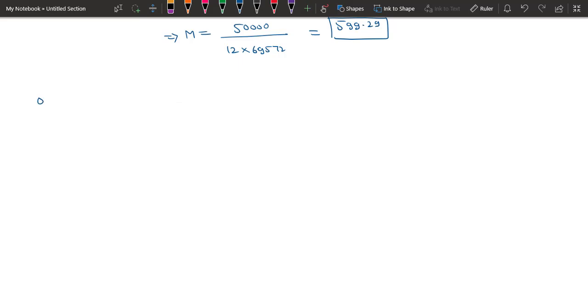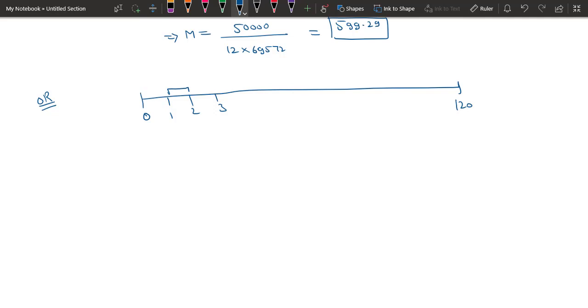In method 2, to calculate the value of M, instead of taking year as a time period, we can take month as a time period and consider the total number of payments to be 120, where each payment is made at the end of each month. Now to calculate the interest rate for each month, we will need the effective monthly interest rate, which can be calculated as follows. We are given i equal to 0.08, so our effective monthly rate will be 1.08 to the power 1 by 12, and this will come out to be